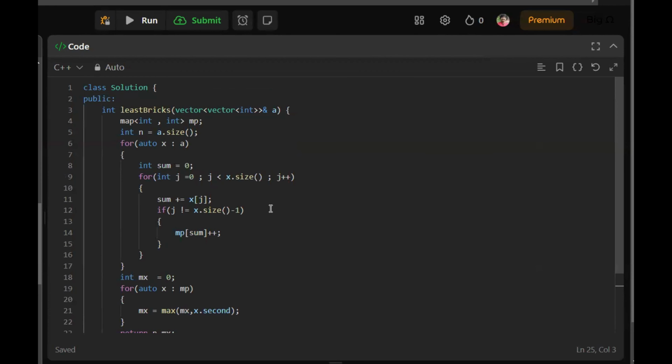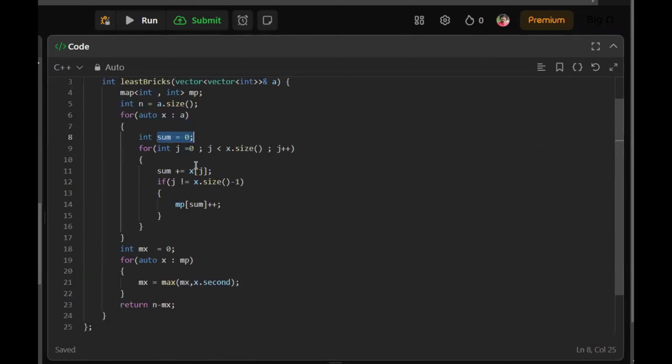In this problem, the code is pretty simple. At first, we are given a function list bricks and the 2-dimensional grid. Now we are taking a map which will store the value in the key value pair. Here key is an integer and the value is an integer. It will be used to store the frequency of the cumulative sum. Now, for each of the row, initially the sum value is 0. Now, we will run another nested loop for each of the row